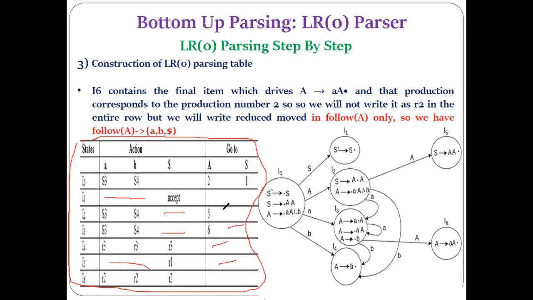Empty positions in the SLR1 parsing table are more as compared with LR0. Now, what is the meaning of these empty positions? Empty positions indicate error detection. So from that we can conclude